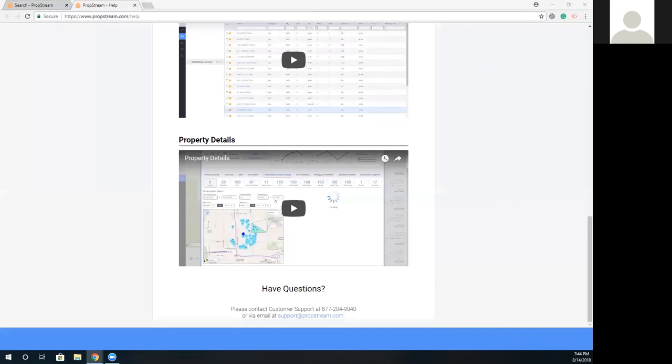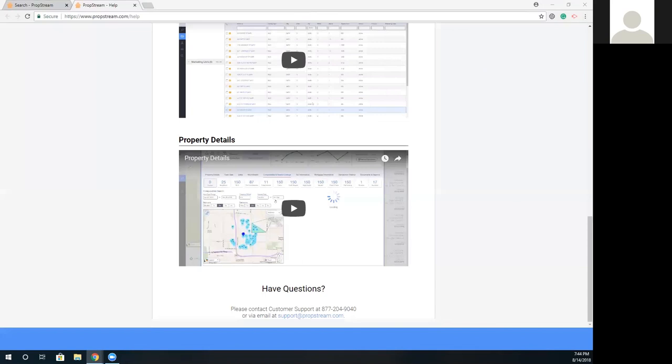A lot of these software programs, it's really about just getting in and playing with it, and you'll figure it out. A lot of people get it and don't do anything with it, and that's why they don't get the results they want. You have to get in there and figure out which lists make the most sense for you.